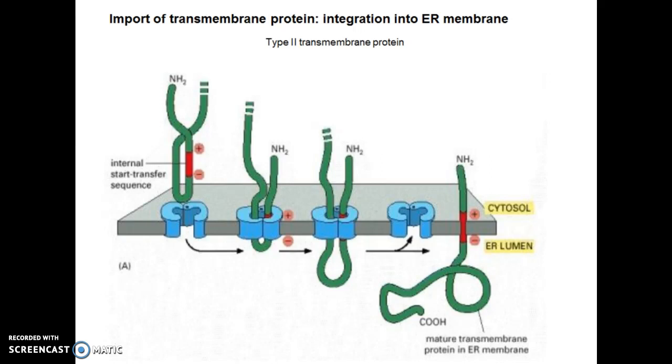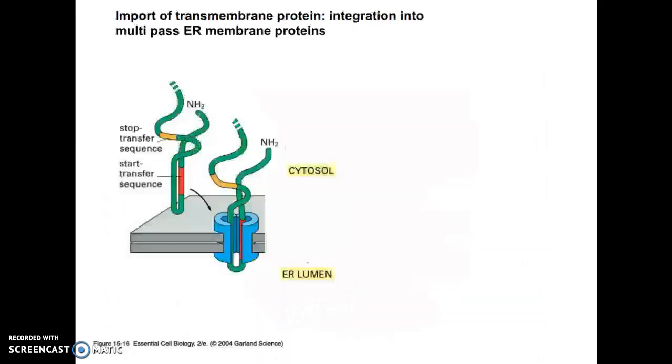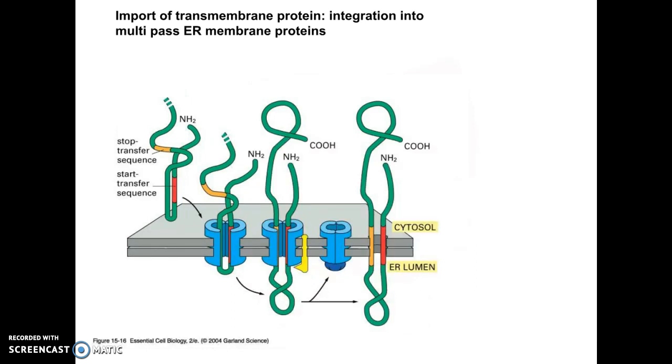And then besides single pass transmembrane proteins, first the other one was type 1 and this one is the type 2 transmembrane protein. Besides those single pass transmembrane proteins, there are also multi-pass transmembrane proteins. So how do we do that? It's a series of start and then stop and then another start and then another stop, and you end up with